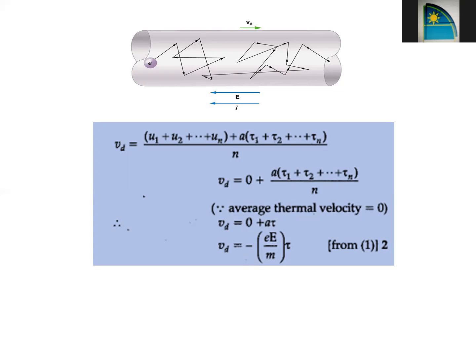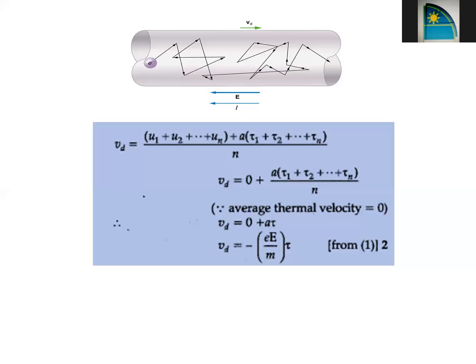Instead of writing acceleration, now we will write acceleration in terms of force. We know that force is equal to mass into acceleration. That means acceleration will be written as force divided by mass, and force in turn is related to electric field by the relation charge multiplied by electric field is equal to force. So when we fill the value in this equation number 1, we will get the value of drift velocity to be minus small e, that is charge on the electron, into capital E, which is the electric field, divided by mass of the electron, multiplied by tau.